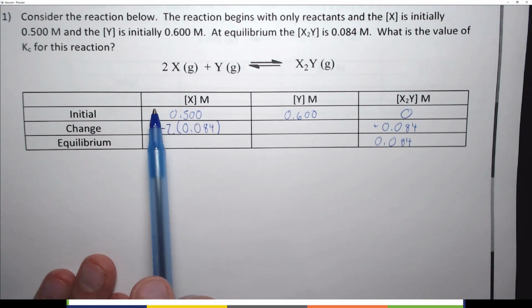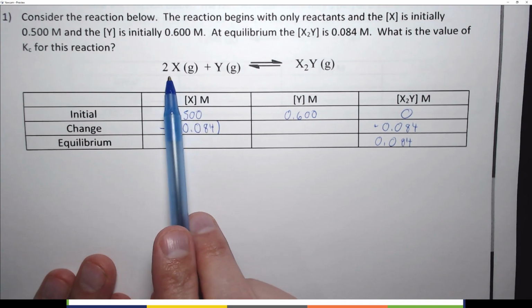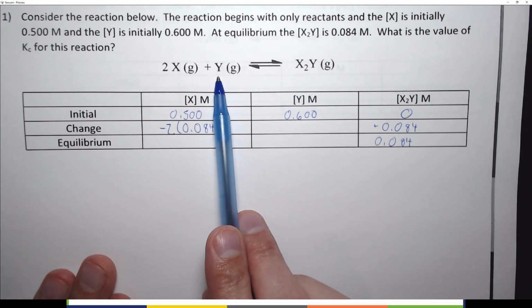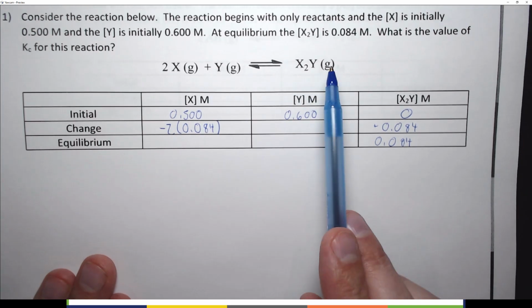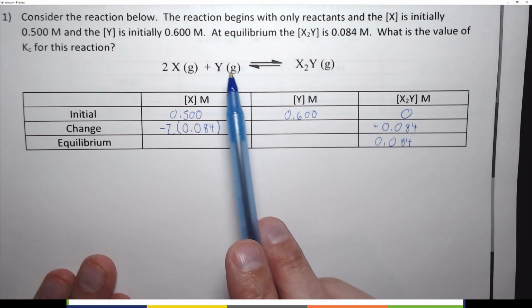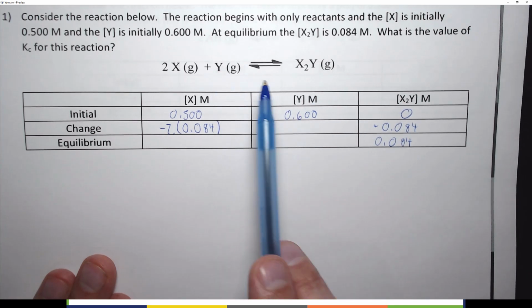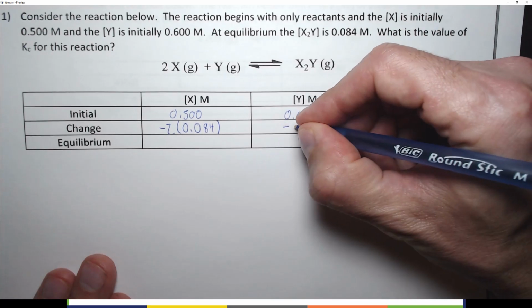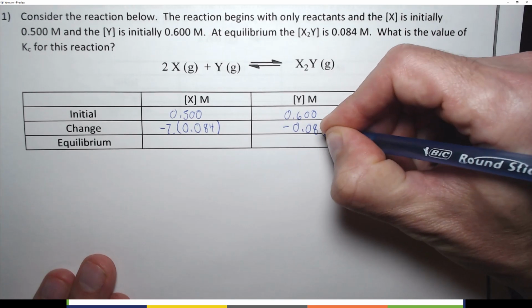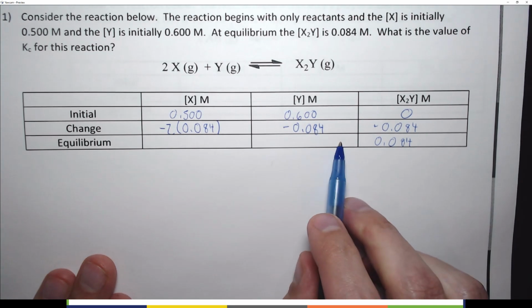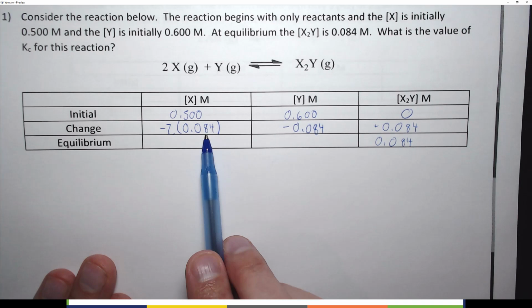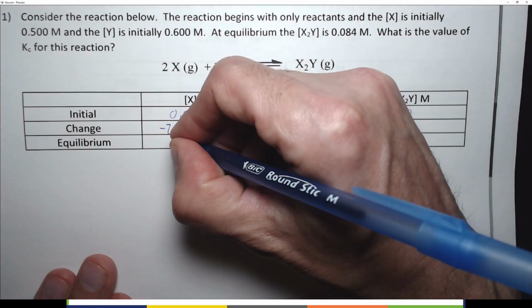Why 2 times? Because we have 2 of these forming one of these. How about y? For y, 1 forms 1. So we lost 0.084 molar of y in order to form the x2y. So it's just 1 times 0.084, or just 0.084. We can now do this math, right? 0.5 minus 2 times this, and we get